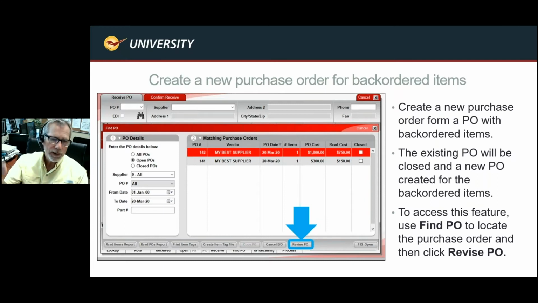So it says, all right, all the ones that you did not receive, let's just create another PO and send it in. So this is going to immediately create a new order. It's going to enable you to send that directly into Ace just by a push of a button. And now all those items that you were hoping for are now on order again.